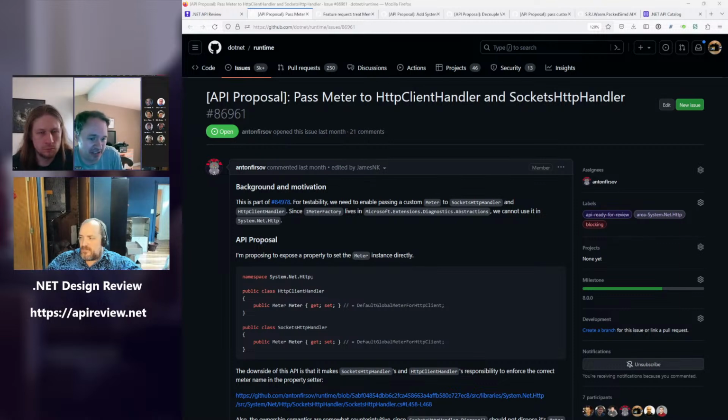Whereas what you just raised, Stephen, feels like a new concern that I don't think had really been discussed before, which was sort of what happens if we later decide we want additional meters for other parts of the implementation that we feel should have a different identity than the current one that we've got. And yeah, that's a good way of phrasing the concern. More generally, it's related to the discussion we were having around what do we want the ecosystem to do? Because the answer of just take a meter factory is flexible. The answer of take a meter is not. Right.